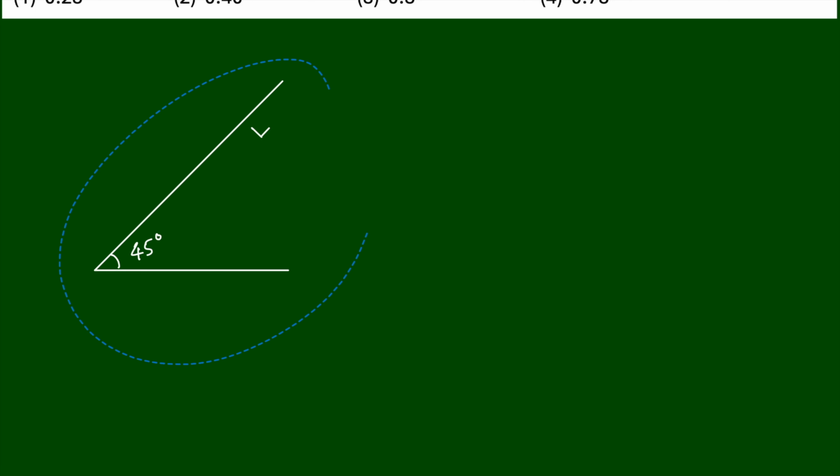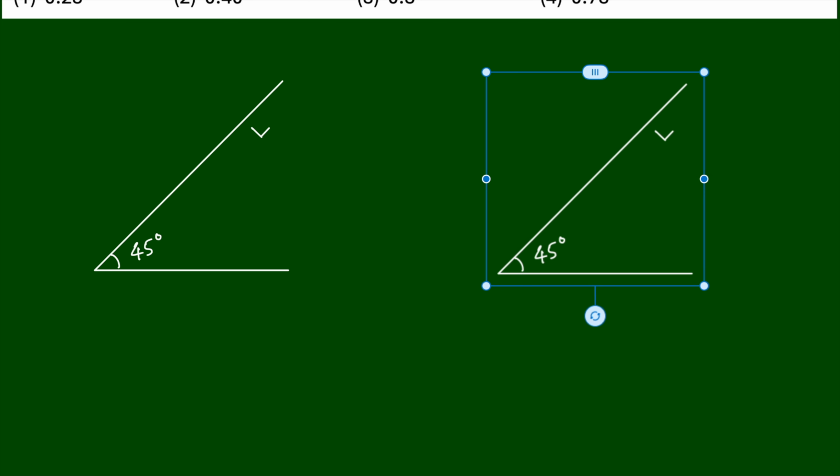First we'll draw for a smooth surface. So angle is 45 degree, length is L. This is the length, capital L I am taking. Angle is 45 degree. And another is the rough surface. So for a smooth surface, you will see one object is here.